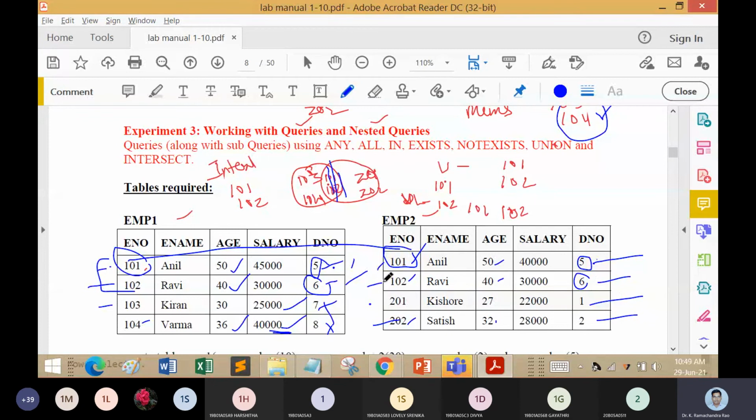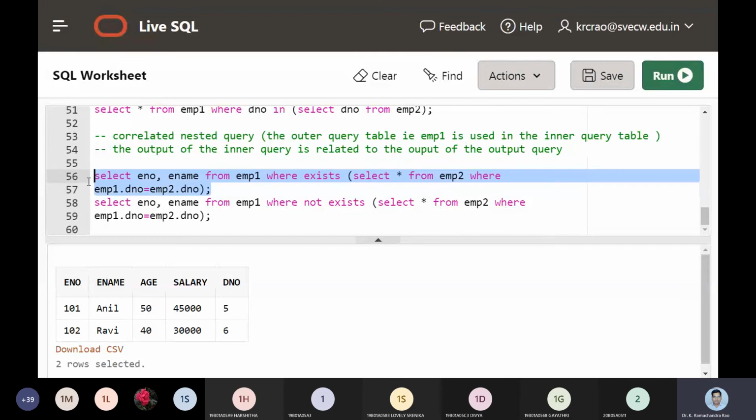Only these two are common, right? So these two exist. That is, we'll get 101 Anil and 102 Ravi. These two are the things we are going to interpret again. So hitting the run button, 101 and 102 come into the scenario.